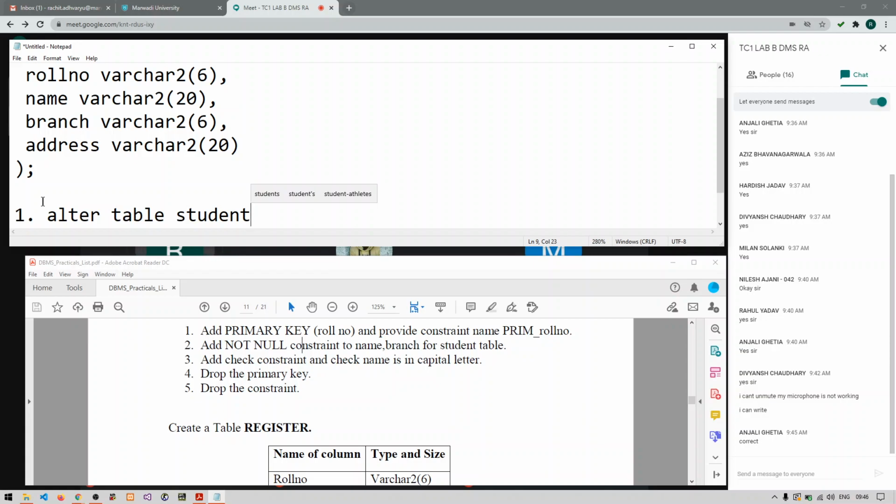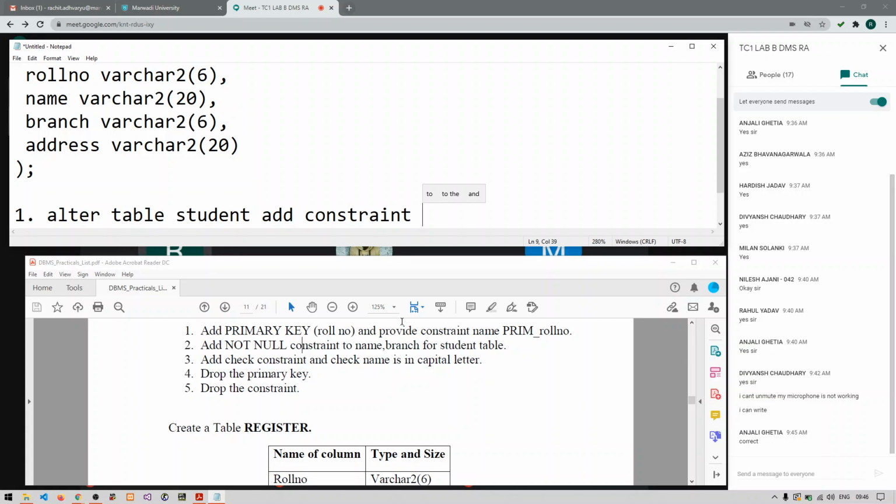That is why I am using the alter command. Now I need to add a primary key, so I will write add. Then the keyword constraint, and after this keyword we need to give some name, some identity of this constraint.